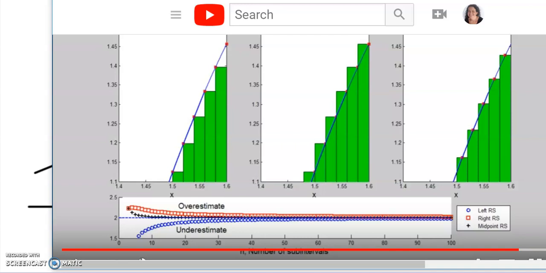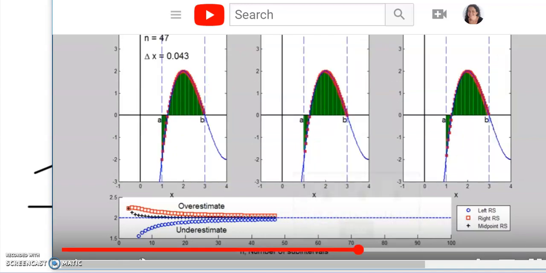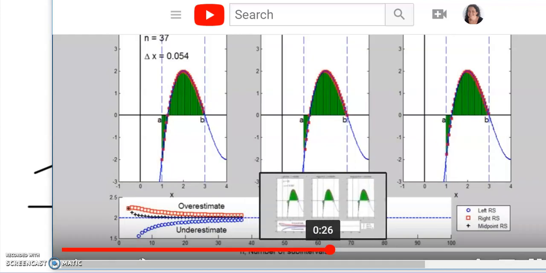Our right-hand rule in this case, because this function was increasing, is overestimating. Because this function is increasing, left-hand rule is underestimating. But this is kind of what you should picture, is that, again, as you increase the number of rectangles,